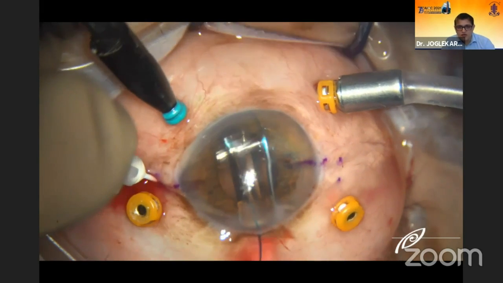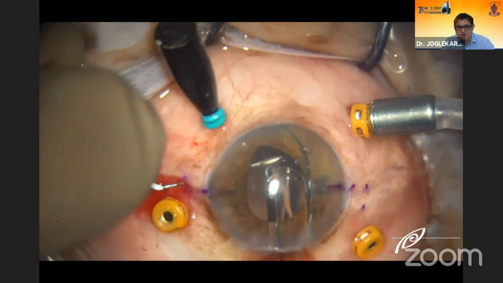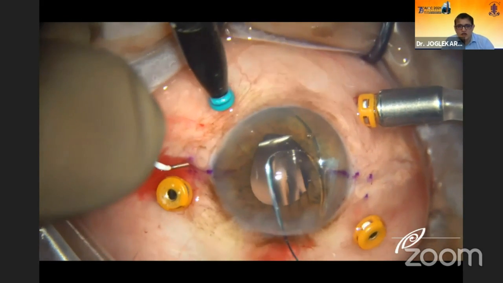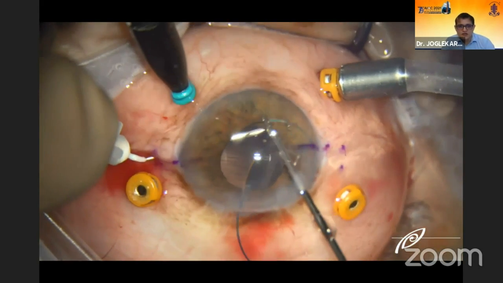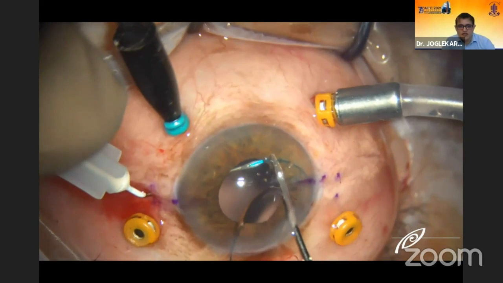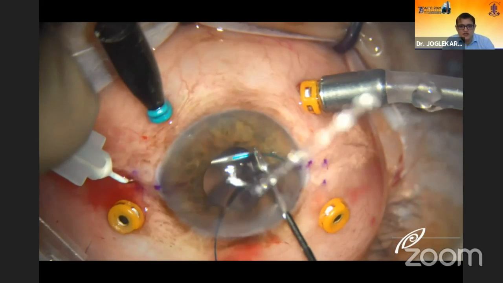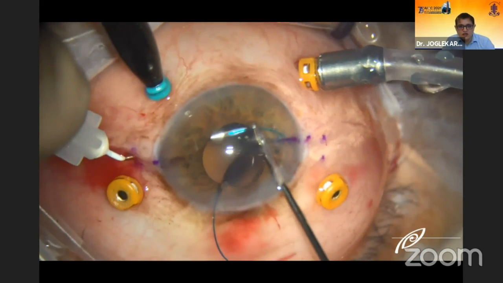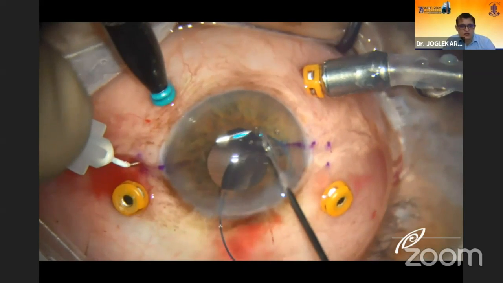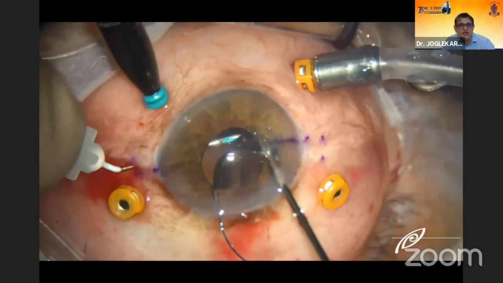Then with the help of a vitreoretinal forceps, we grasp the haptic and just thread it inside the bore of the needle. Here I like to use a 27 gauge needle because the lenses that are available here do not get accommodated inside the 30 gauge needle